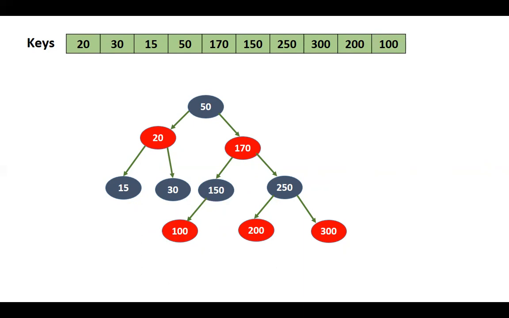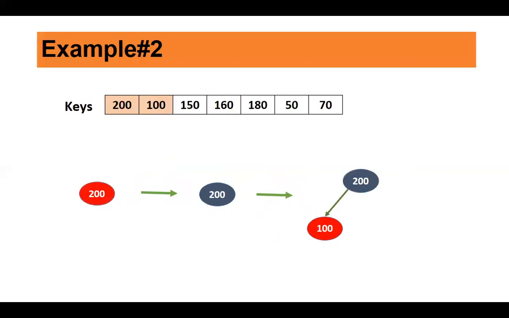Now, we'll take one more example in which we'll have double rotation. In this, we saw that whenever the uncle is black, we had a single rotation. Single rotation occurs whenever you have left-to-left insertion or right-to-right insertion. In the next example, we'll see where the insertion is from left to right or from right to left, which causes double rotation whenever the uncle is black. Right? So let us take this example now.